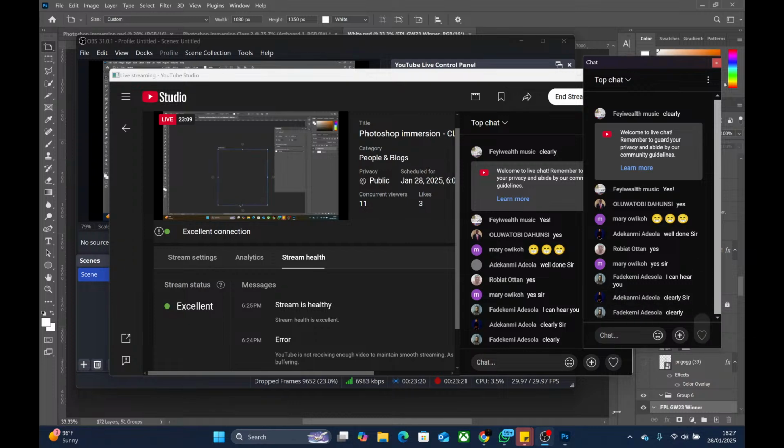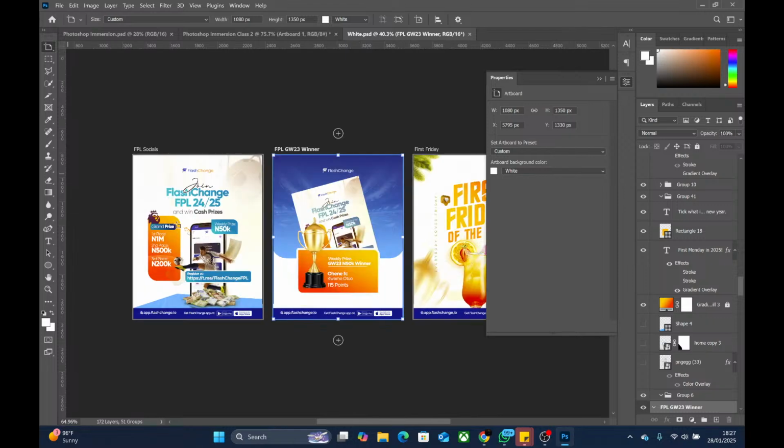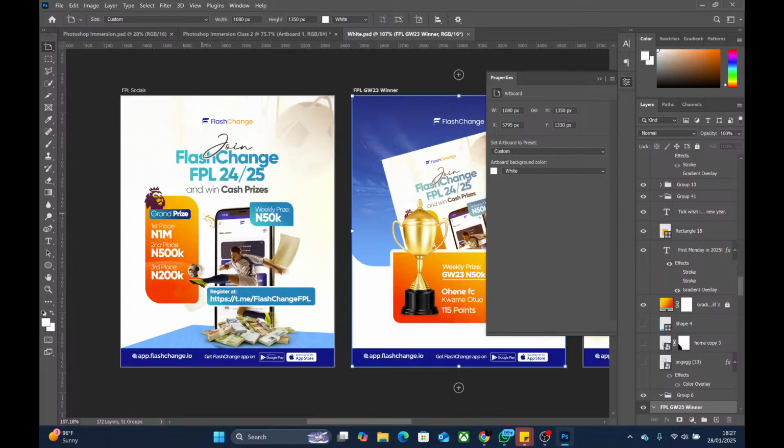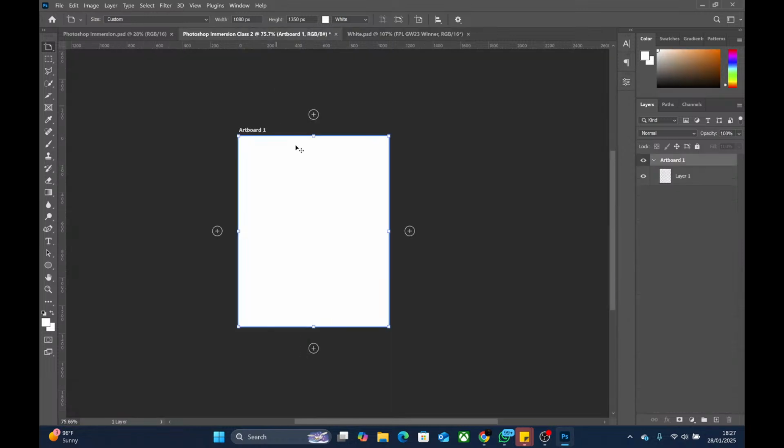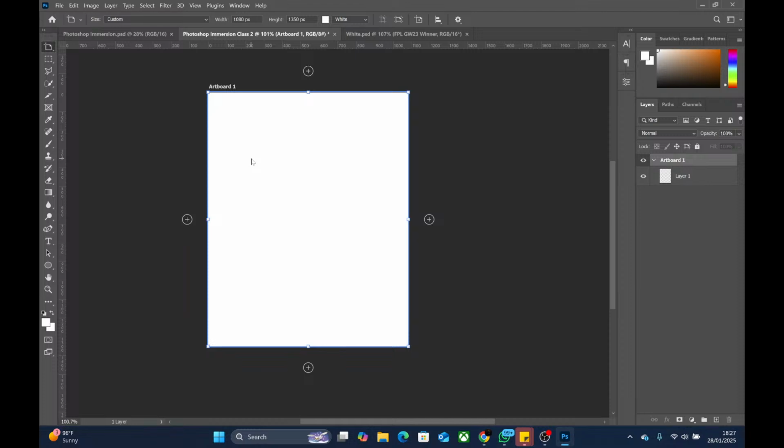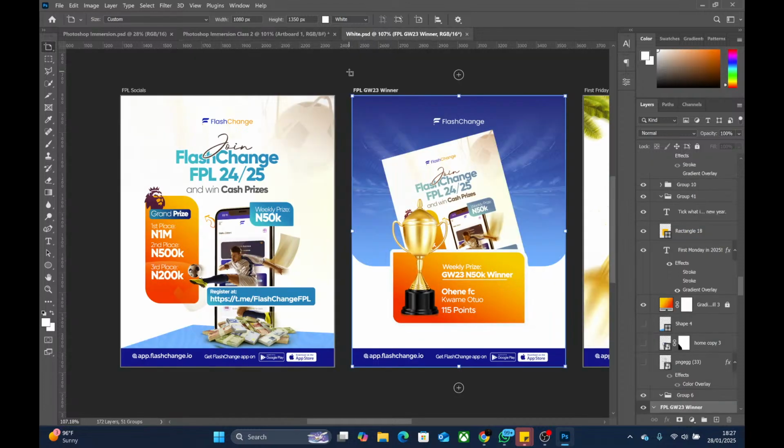All right, so what we do now is that I'll show you this. Look at this artboard. At some point in the life of these designs, they were blank screens like this. They were this blank, nothing on the page. So as a designer, even though I mentioned yesterday that I wasn't going to be teaching you graphic design or photo editing like that, this training will not be complete without me teaching you some. What I meant was that I wasn't going to teach you deep things in design, because this is just to show you how Photoshop works so that you can use it for yourself and for designs. And if you're interested, you can learn more.